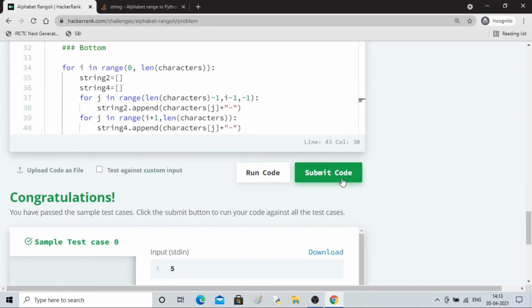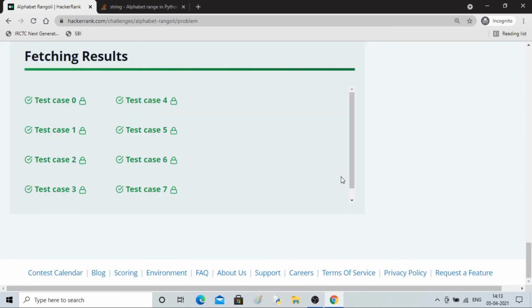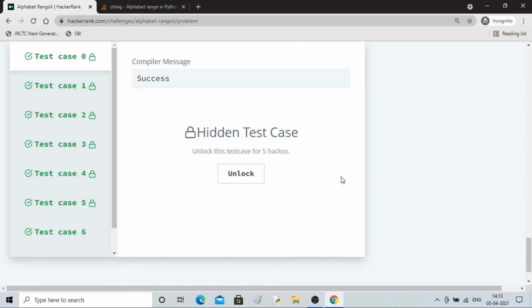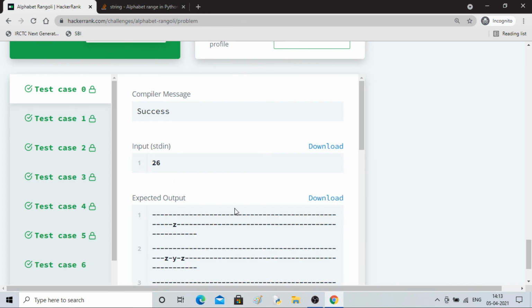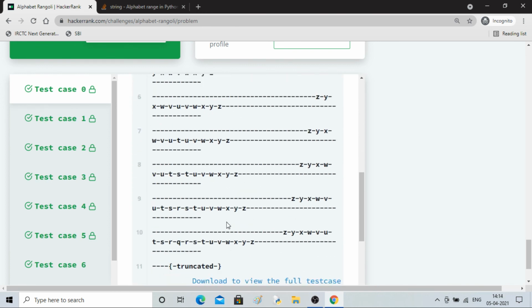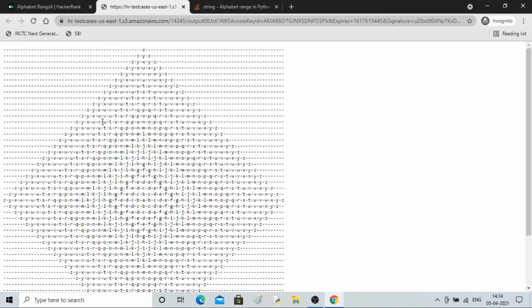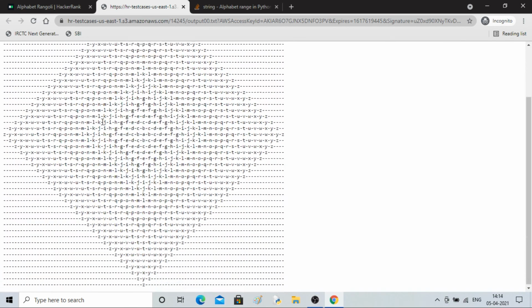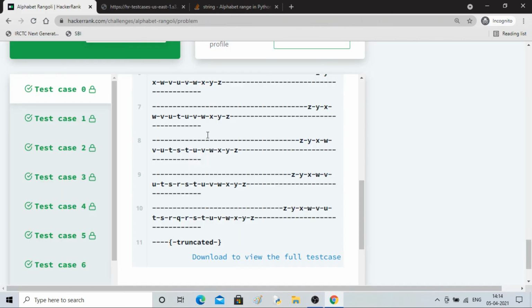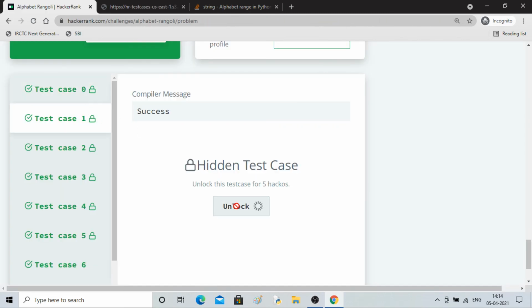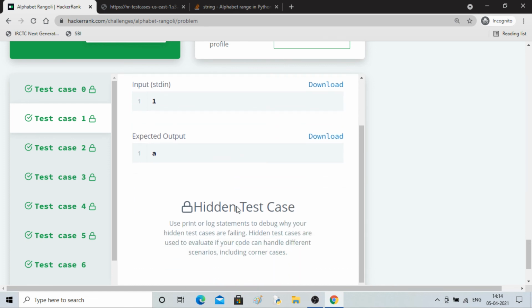I have a feeling that it will submit. So all the test cases you can see that you can pass. You can go and check individual test cases to see how they perform, but you see for 26 this is how it should be made, but you can't check it, right? You see the kind of rangoli it is making, and my code is generalized in such a way that it takes care of 26, and if you unlock it, you will see it taking care of 1 as well.